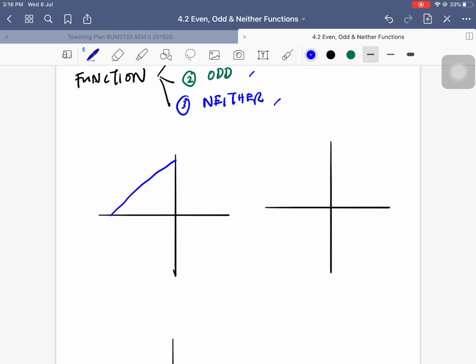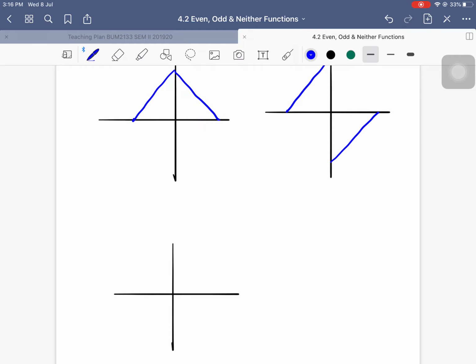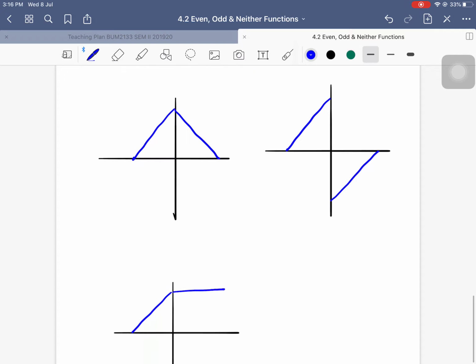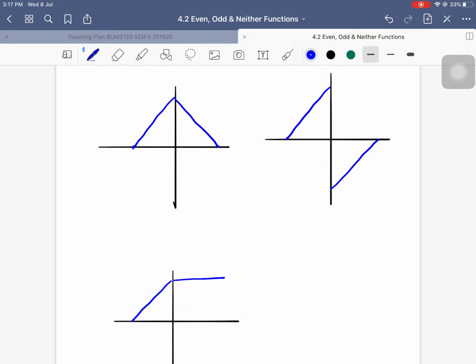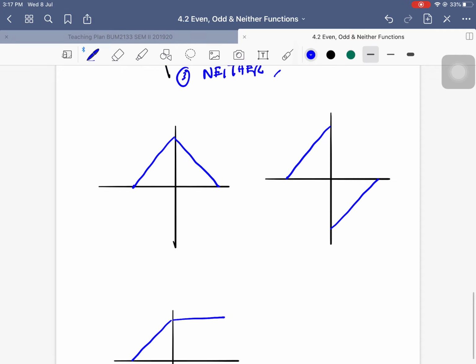Okay, let's see. This is going to be the first one. And let's see, the last one looks like this. Okay, so these are three types of function that we can identify just based on the shape